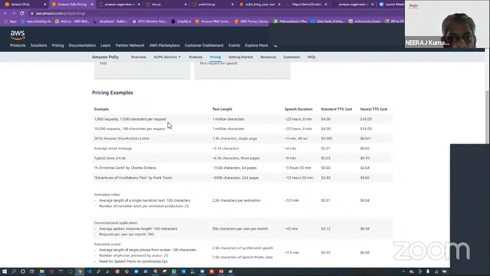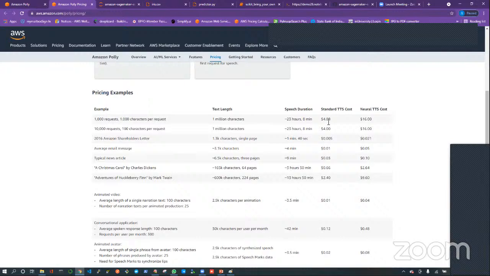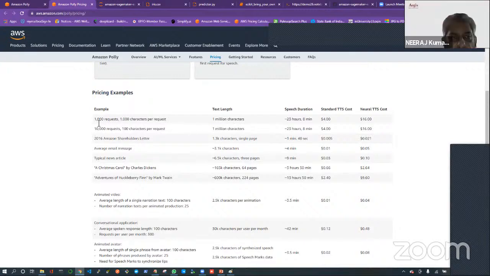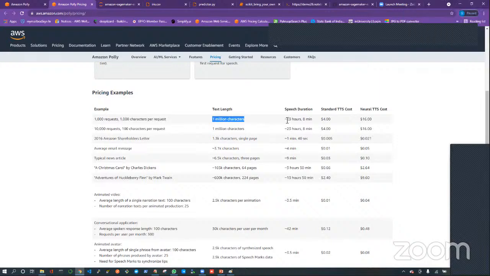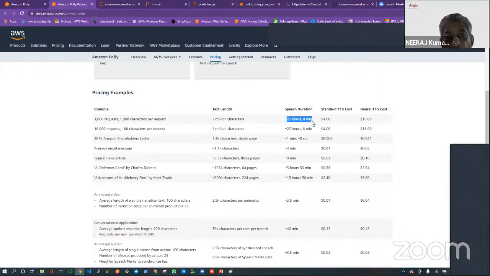For 10,000 requests, 10,000 characters per request, text length 1 million characters, speech duration 23 hours 8 minutes, the cost is $4. It is for 1 million characters. If you want speech for a complete day, you pay $4.